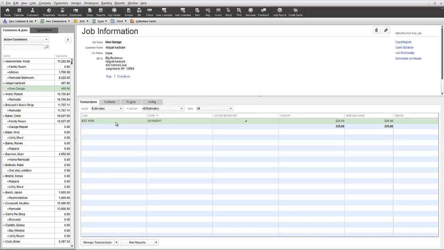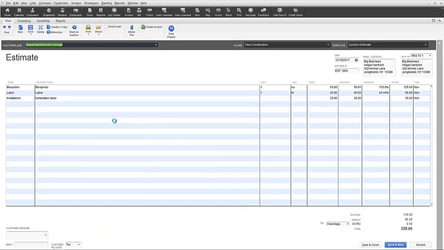Let's do an example of the first way by going to the Customer Center and selecting the new garage job for Abigail Aardvark. On the bottom panel, notice that all transactions are showing, which just includes an estimate that we created in an earlier session in this lesson. If we double-click on this estimate, it will open up and show us the details of our estimate. The next step to create an invoice from this estimate is by clicking on the Create Invoice icon, and